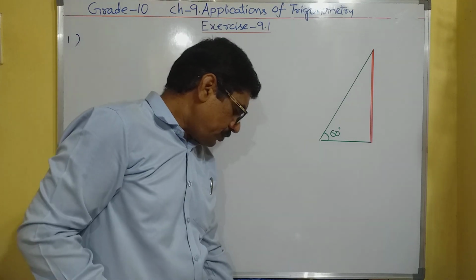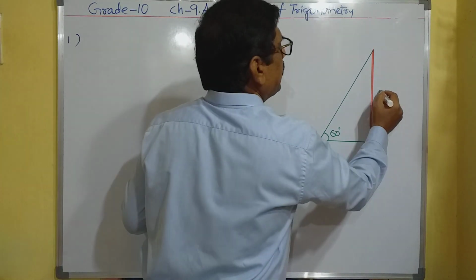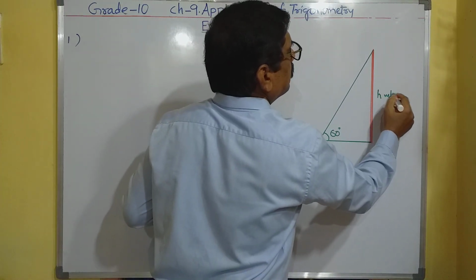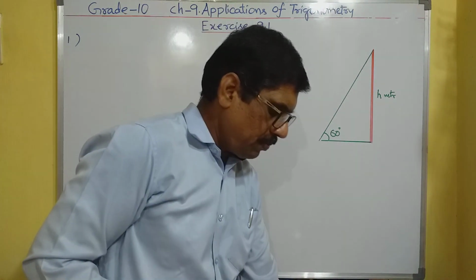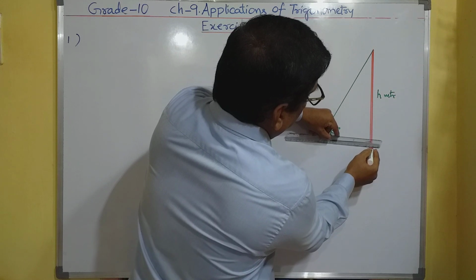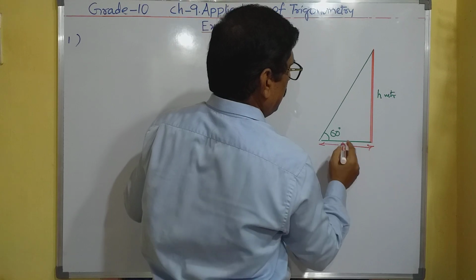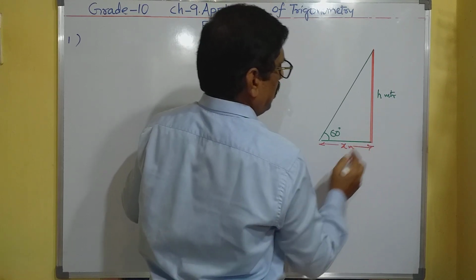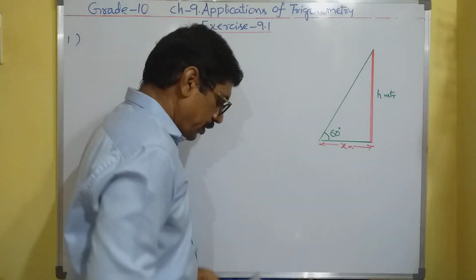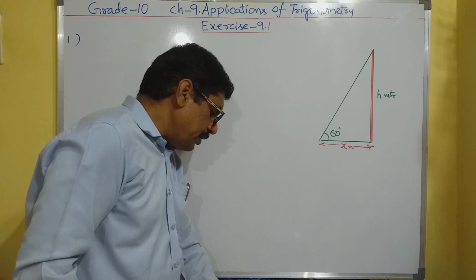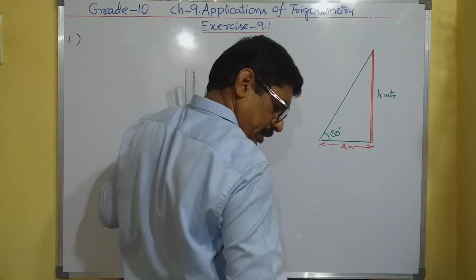Here the height of the tower is not given. We need to find it, so let us take it as h meters, and the width of the river is also not given. Let us take it as x meters. Now the observer from another point 20 meters away from this point on the line joining this point. For example, this is here AB